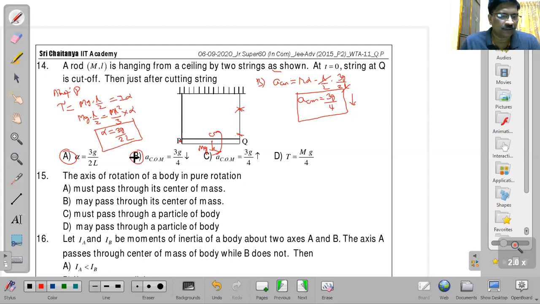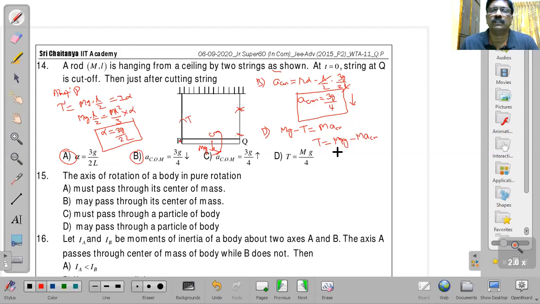Okay, next, tension in the string. You see here, at the instant whenever this string is cut, the tension in the string is T. Weight mg acts downwards. So for option D, on the rod at the instant it is released, when it is horizontal, weight mg acts downwards and tension upwards. As the rod comes down, mg minus T is the net force, that is equal to m into acceleration of center of mass at that instant whenever the string is cut. So from this, T is equal to mg minus m into A_CM.